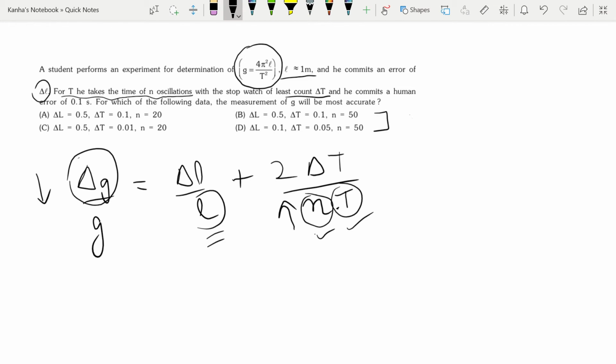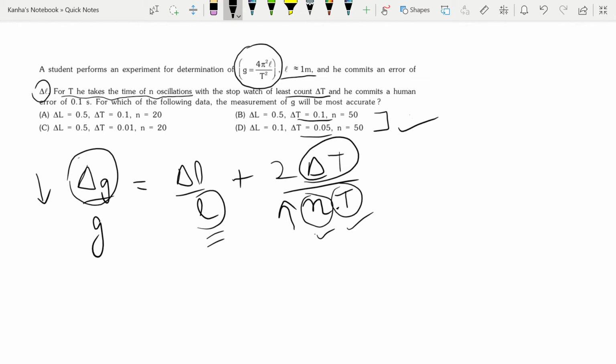Okay. Next, in these two, what should be the value of t? The delta t's are given as 0.1 and 0.5. So you see the delta g depends on delta t, such that if delta t increases, delta g also increases. So from this one we see that this option, because of the lower value of delta t, seems to be the most accurate.